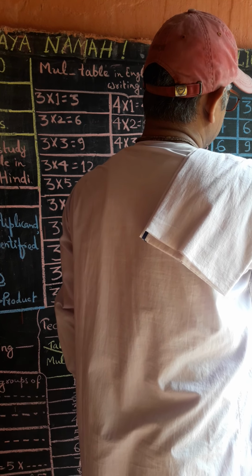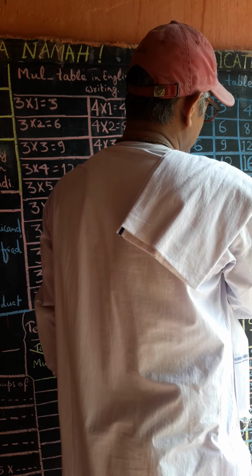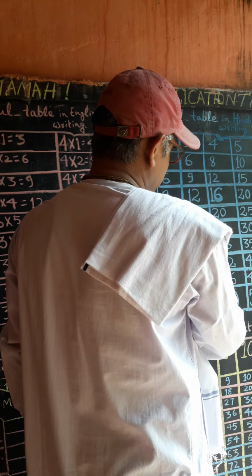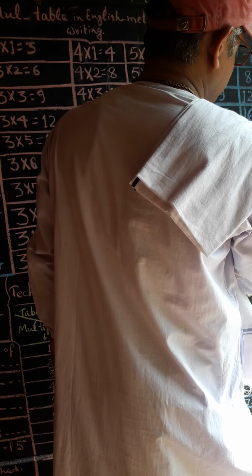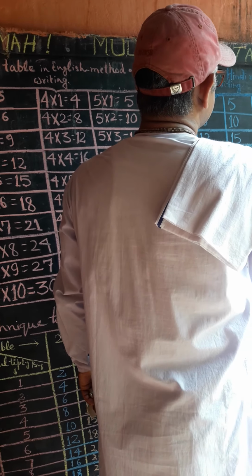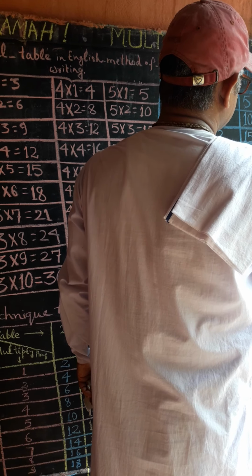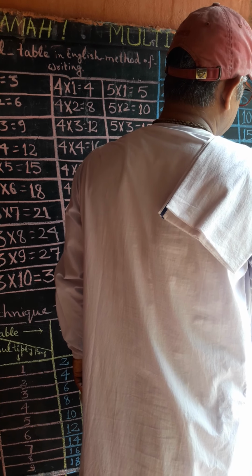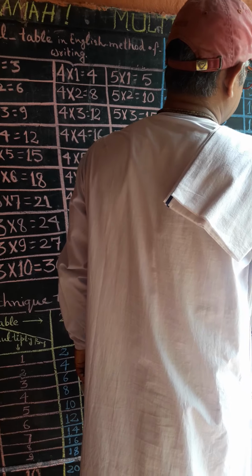In Hindi, this is written as: 3 का 3, 3 दूनी 6, 3 तिया 9, 3 चौक 12, 3 पचे 15, 3 छक 18, 3 सते 21, 3 अटे 24, 3 नमा 27, 3 दाएं 30. 4 का 4, 4 दूनी 8, 4 तिया 12, 4 चौक 16, 4 पचे 20, 4 छक 24, 4 सते 28, 4 अठे 32, 4 नमा 36, 4 दाएं के 40. 5 का 5, 5 दूनी 10, 5 तिया 15, 5 चौके 20, 5 पचे 25, 5 छक 30, 5 सते 35, 5 अठे 40, 5 नमा 45, 5 दाएं 50.